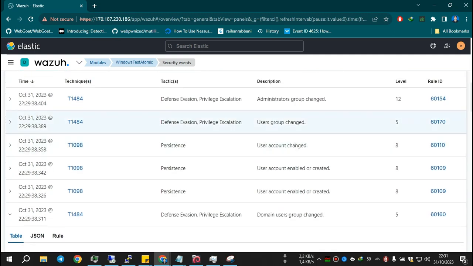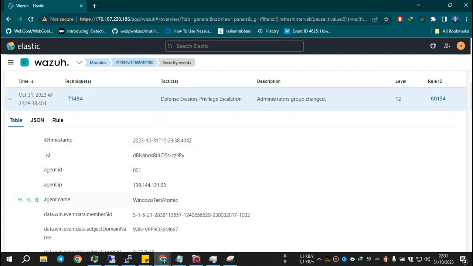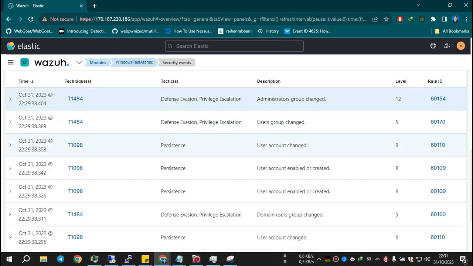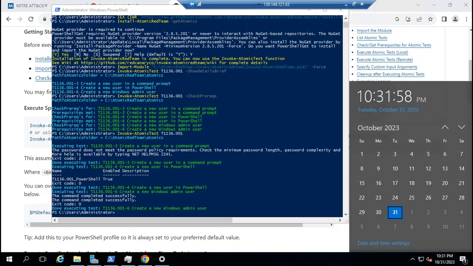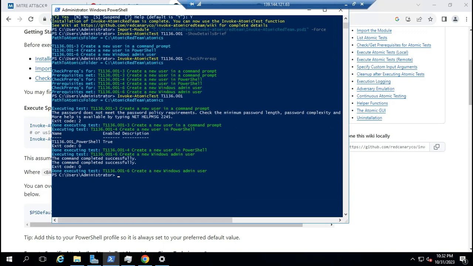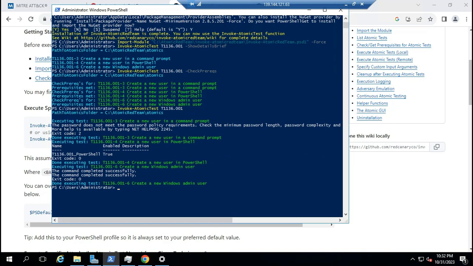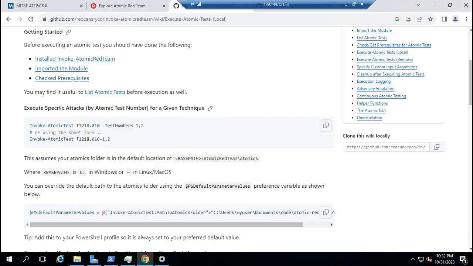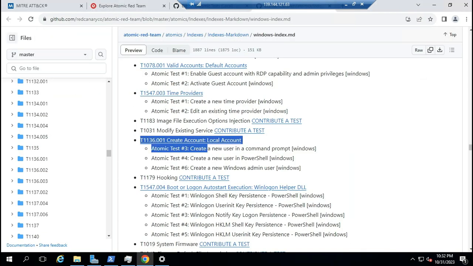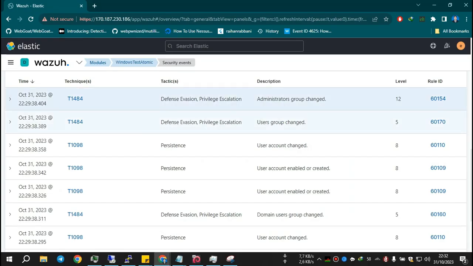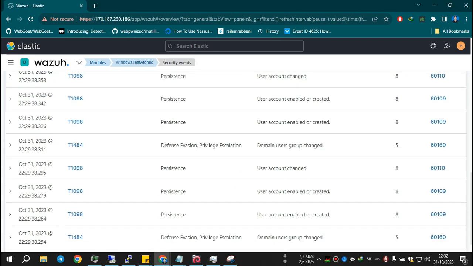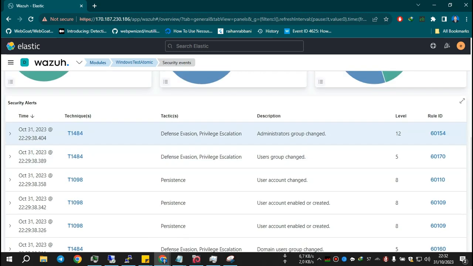And then the administrator group is changed. So we can see that the tactic we used on this Windows, create account or local account, is being recorded in the Wazuh server,